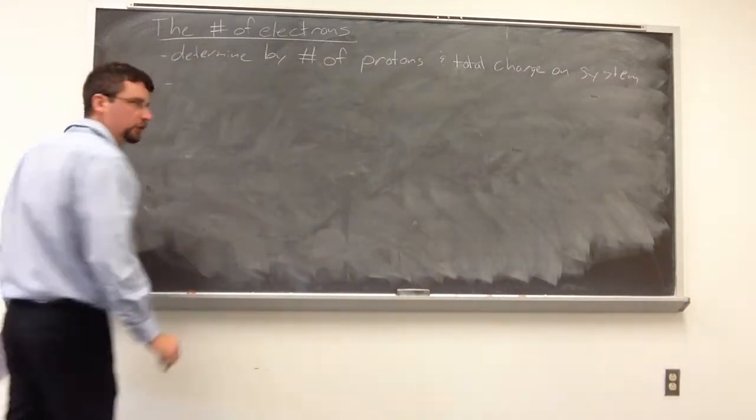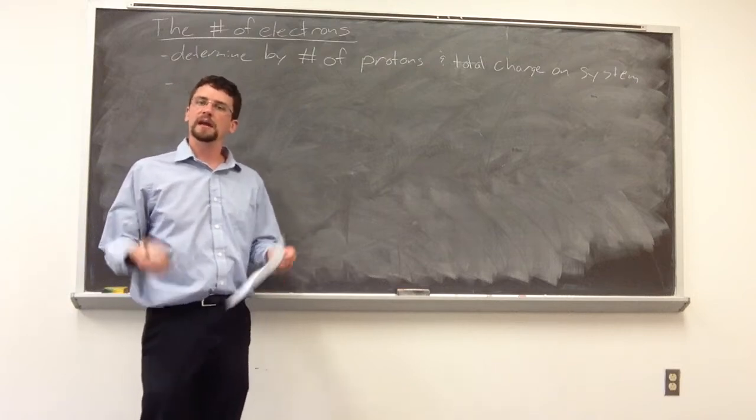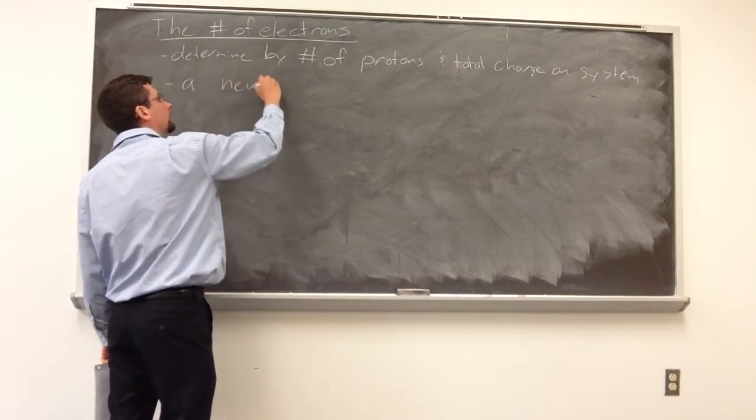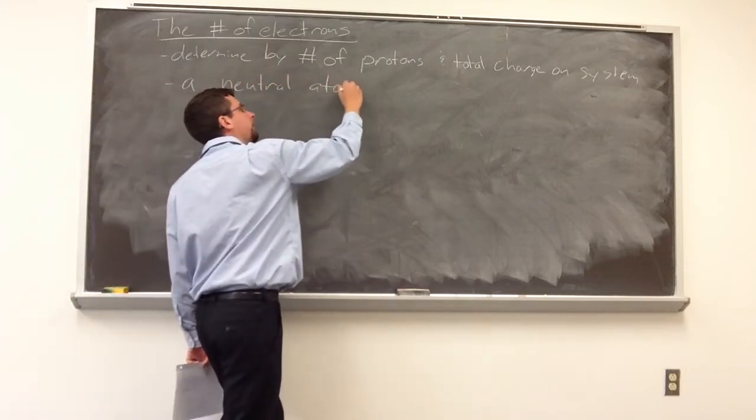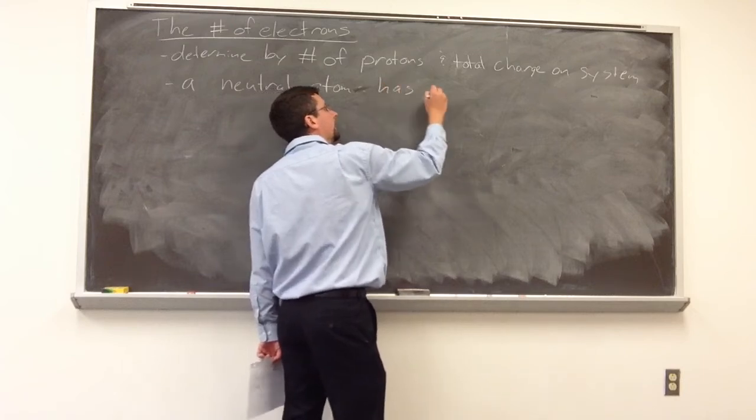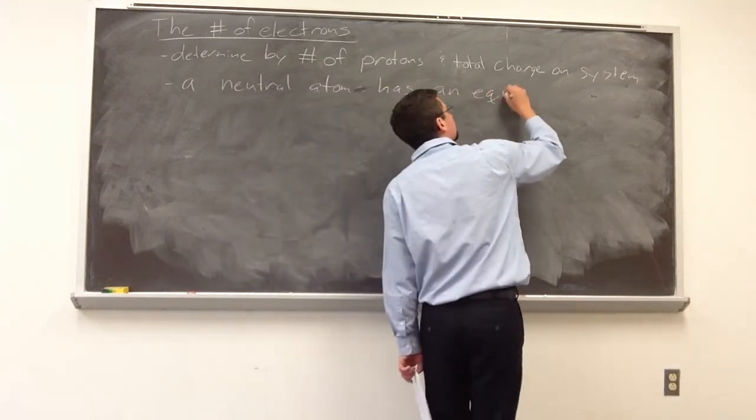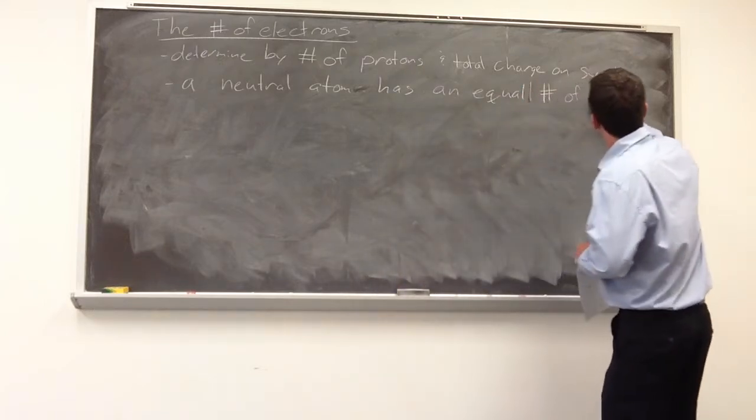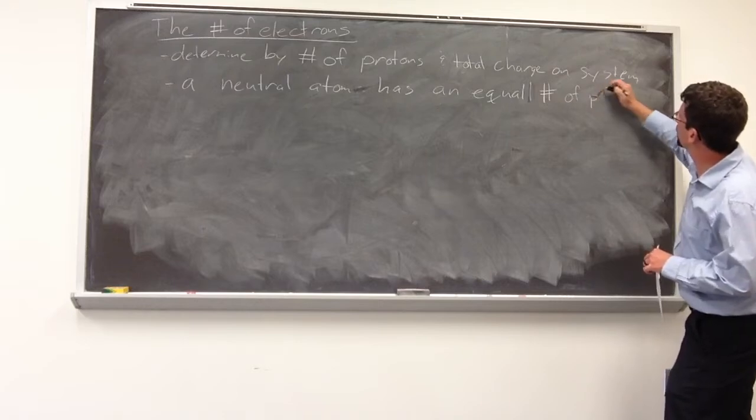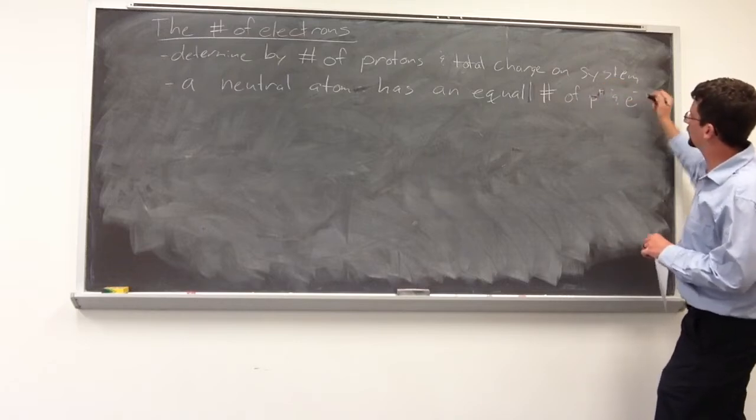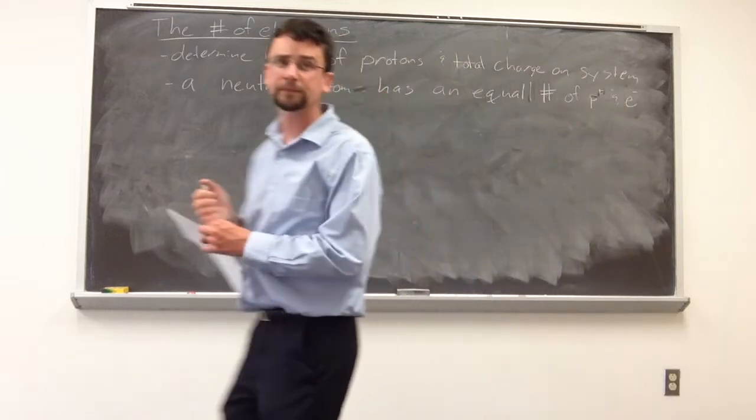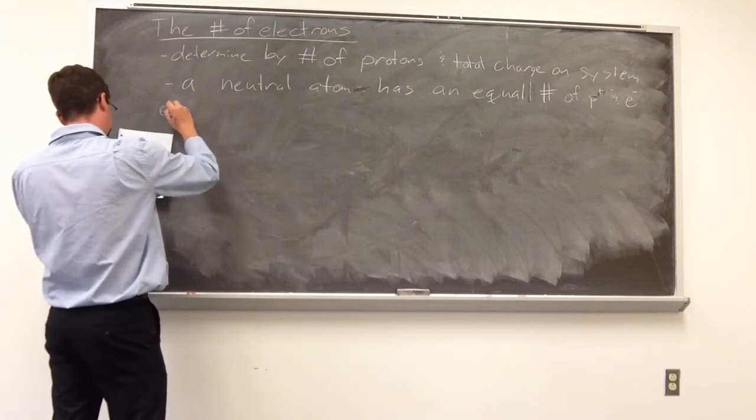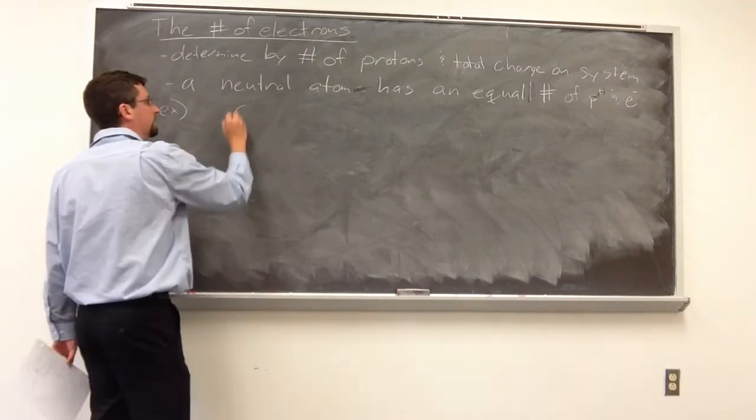An important point is a neutral species, a neutral atom, has an equal number of protons, we're going to put P plus, and electrons. We're shortening electrons to E minus. Okay. So for example, our previous example, if we went back to our oxygen,